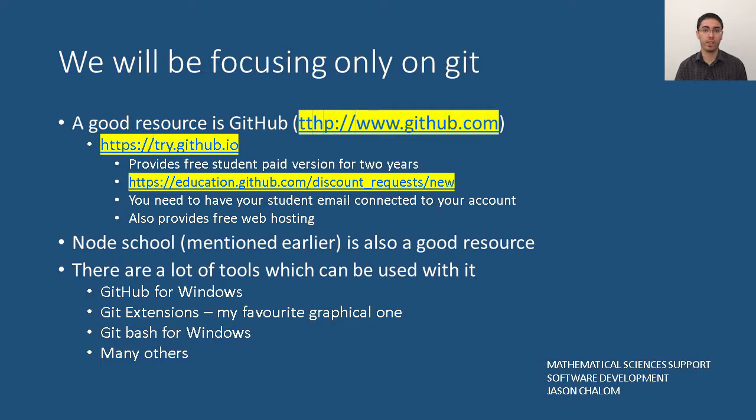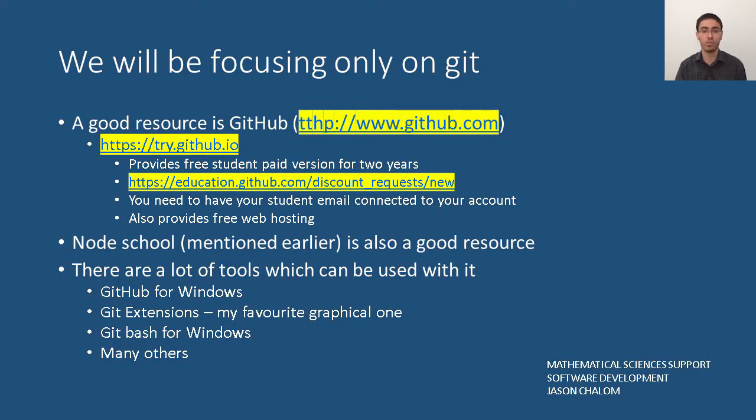We'll only be focusing on Git, which is a distributed form of version control. A good resource is github.com, who offers a free Git service. Try.github.io is already a resource I've mentioned, and so is Node School, which also has tutorials on how to use Git. GitHub provides a free student service where they have what they call a backpack of lots of different software tools that you can get for free as a student when you register with your student email on GitHub and then go to